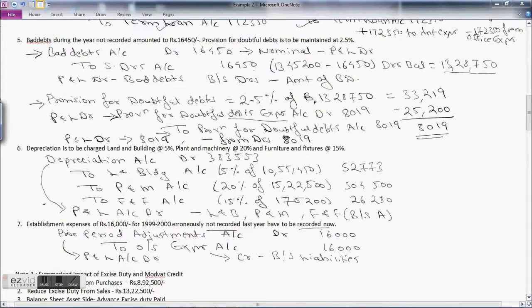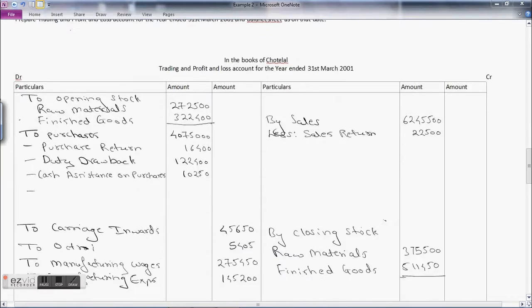Provision for bad debts. Provision for bad and doubtful debts is to be maintained at 2.5%. So what will be the entry? Profit and loss account debit side 8019, that is the additional provision for bad debt, and then we have to reduce 8019 more from the debtors. That is, we have to add it to provision for doubtful debts 8019. So profit and loss account debit side